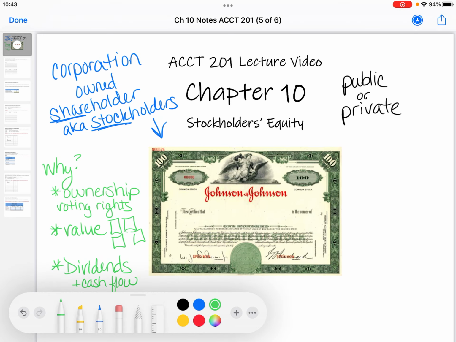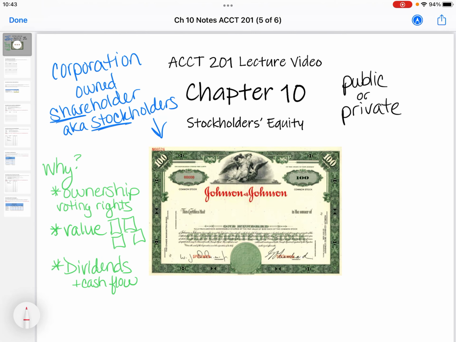Let's talk really quick before I move on to a problem, and let's talk about the shares themselves. So when a corporation becomes a corporation, they go through the articles of incorporation, and at the time of quite literally filling out the papers, they determine a number. The number they determine is the number of shares to authorize. Now, we can determine the number of shares at the very beginning, and we can later do a stock split, which will double our shares. We can do a couple of different things to kind of change that number. But for us in this class, let's just say once you determine how much is authorized, that's what we're going to go with.